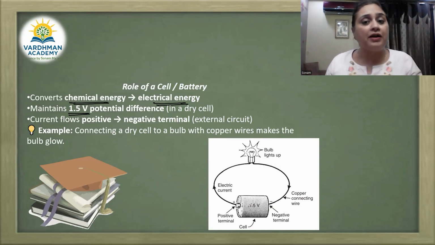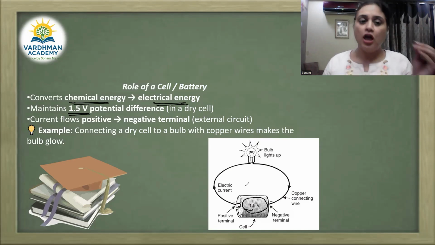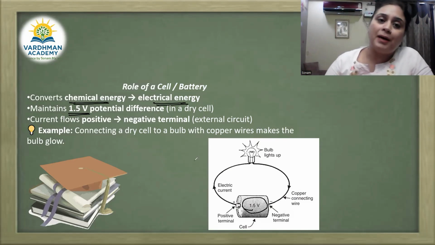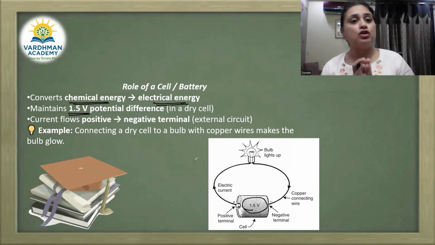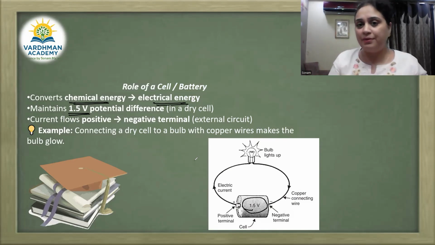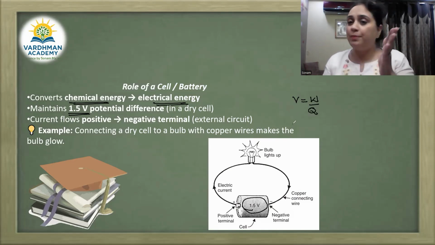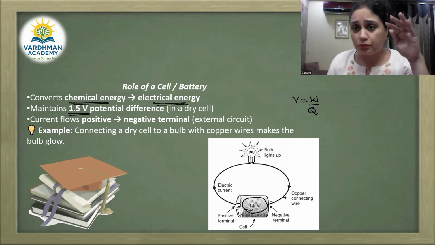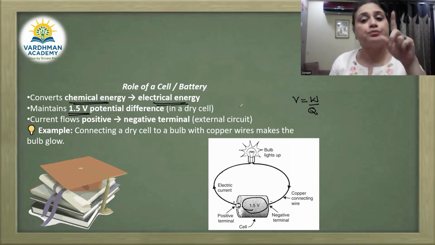So here we have a battery of 1.5 volt potential. अब आपको ये समझना है कि if I am saying that the battery is maintaining a potential difference of 1.5 volt, what does this exactly mean? It means we'll go back to the formula of potential to understand that, which says that V is equal to W upon Q. Children, ये आप याद रखेंगे जब भी आप physics पढ़ेंगे. You are going to relate your concepts with the formula, and then you have to deep dive into the concept.